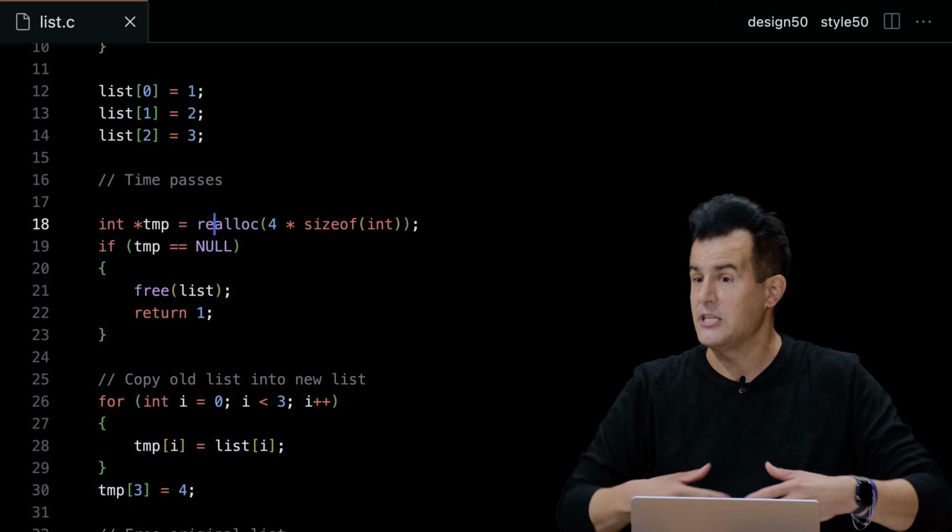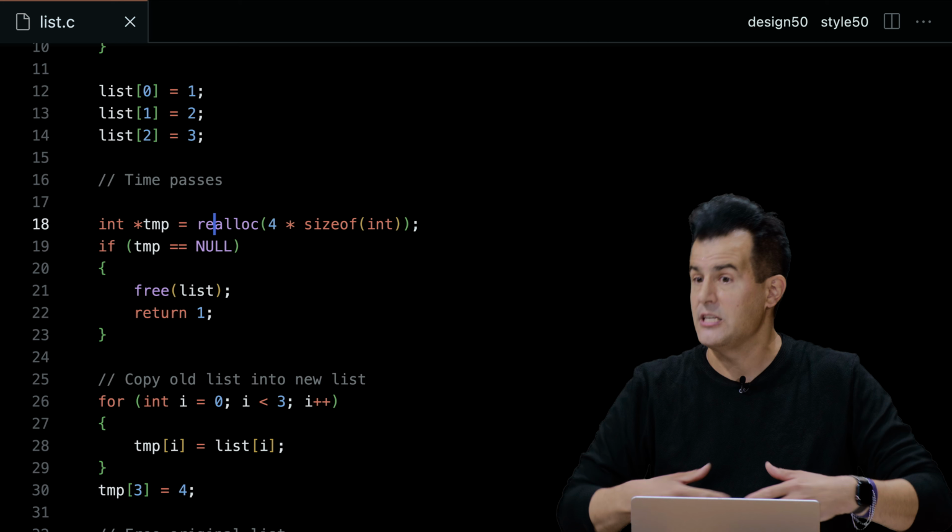You still want to check for this null value, because realloc might not be able to give you enough memory, or your memory could just be so fragmented that even though you want 4 bytes, maybe there's 3 bytes over here, 2 bytes over here, 1 byte over here. If there aren't 4 contiguous bytes, realloc could fail, and it will return null to signify as much. Other questions on any of this?